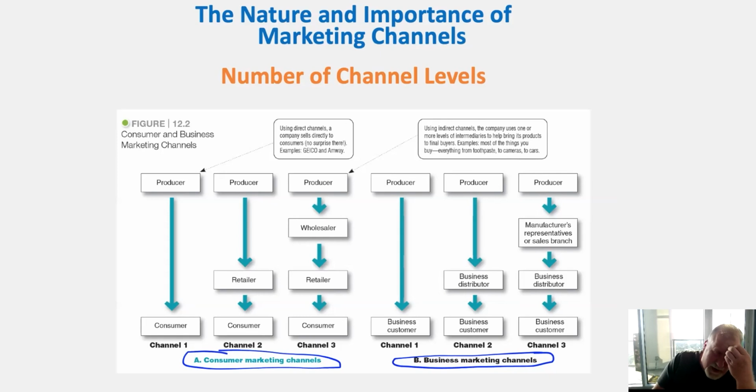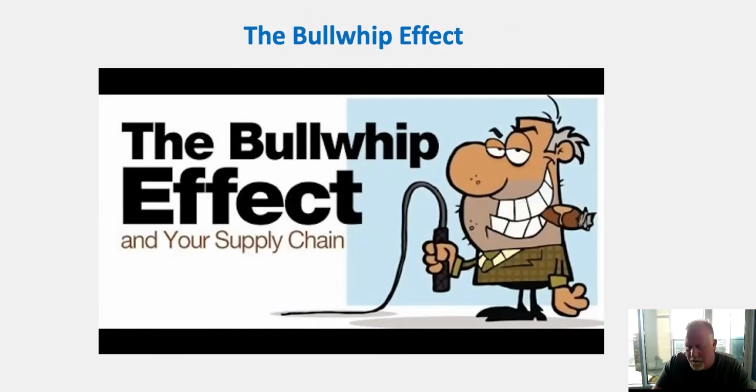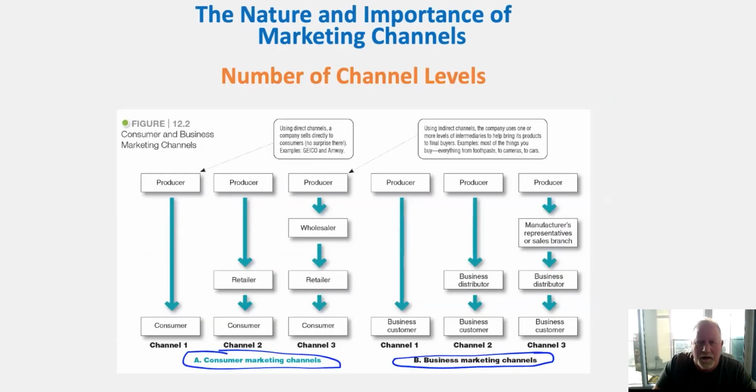That often would happen through internet sales or actually people just going in and shopping right at that producer's site. An example of this is Geico, for example. Geico goes direct. If you want to shop for insurance through Geico, you go directly to Geico and they go to the consumer. Okay. So that's an example.